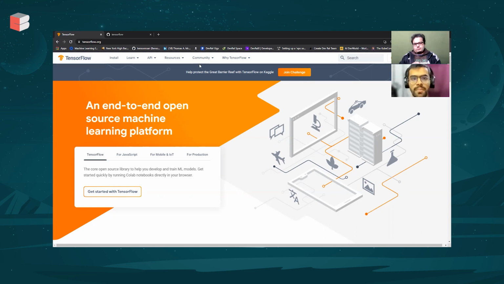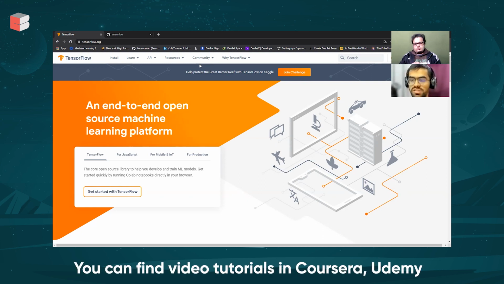And of course, given that there is some complexity involved with it, there are a lot of great resources because of the fact that it is such a large ecosystem. You'll find a lot of dedicated resources, a lot of blogs, a lot of video tutorials on platforms such as Coursera or Udemy, and a lot of good books as well to get started with TensorFlow, to get started with machine learning.